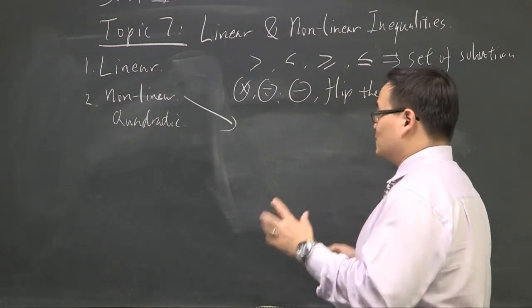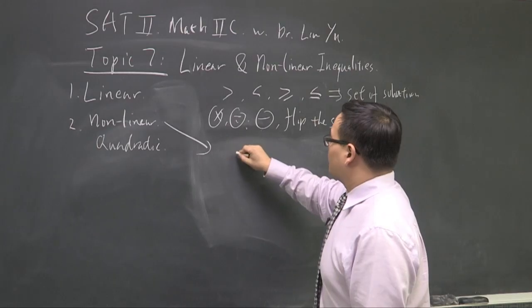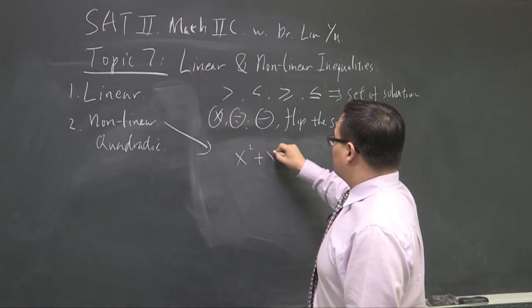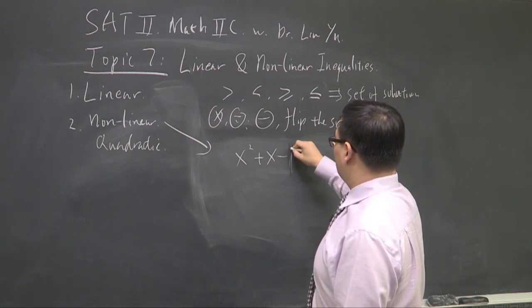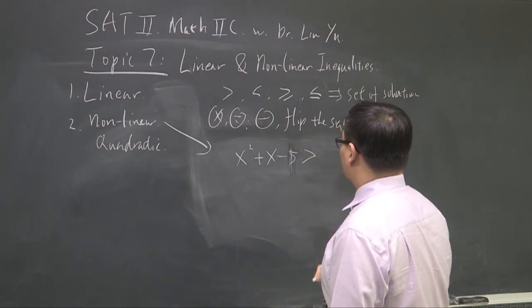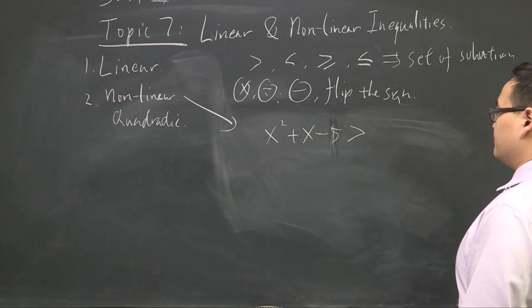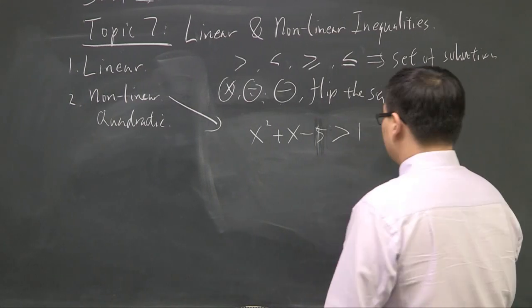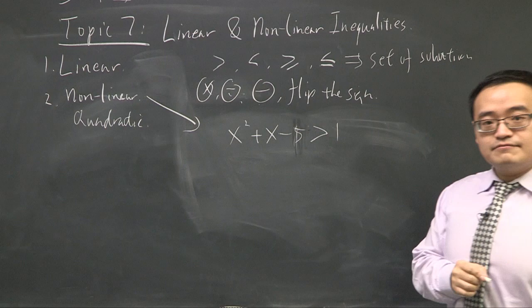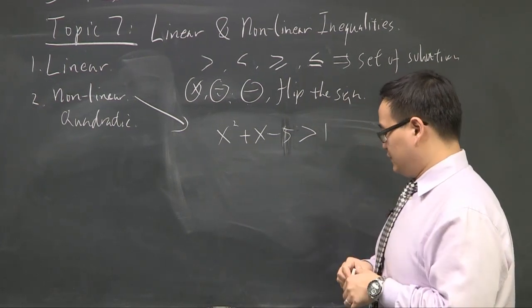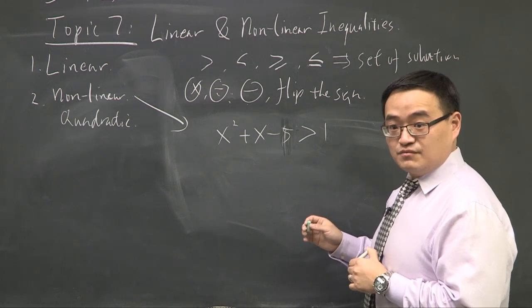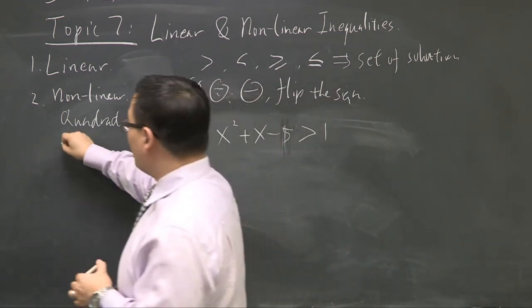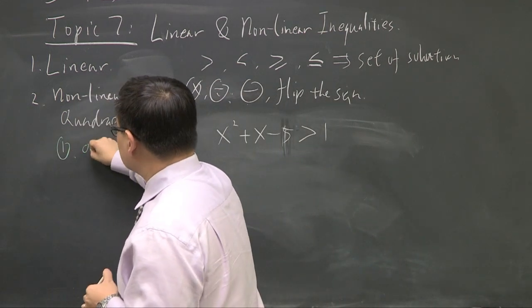So let's take a look at this. What do we have? x squared plus x minus 5 is greater than 1. How will we solve this? Here are the steps. Number 1, make sure one side